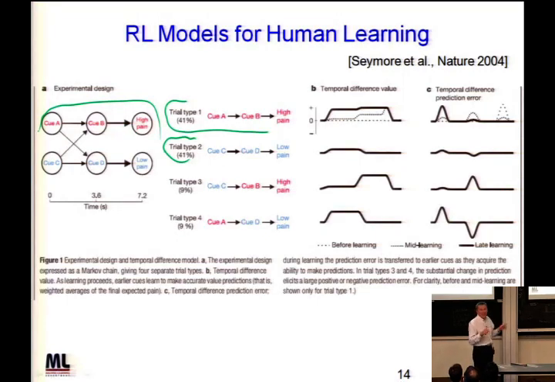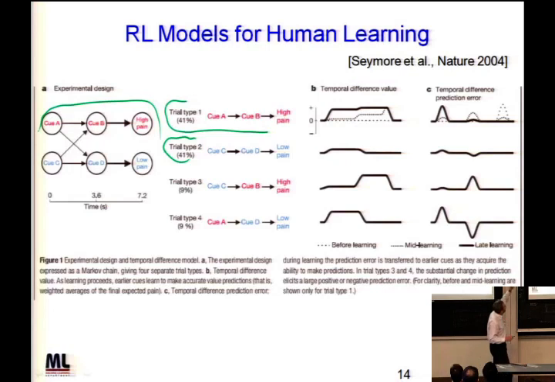And if you get QD, it's only going to be a little bit of pain. On the other hand, if you start in QC with high probability, you're going to end up in QD and get the low pain. But with lower probability, you might get QB, and that's going to be high pain. All right, so